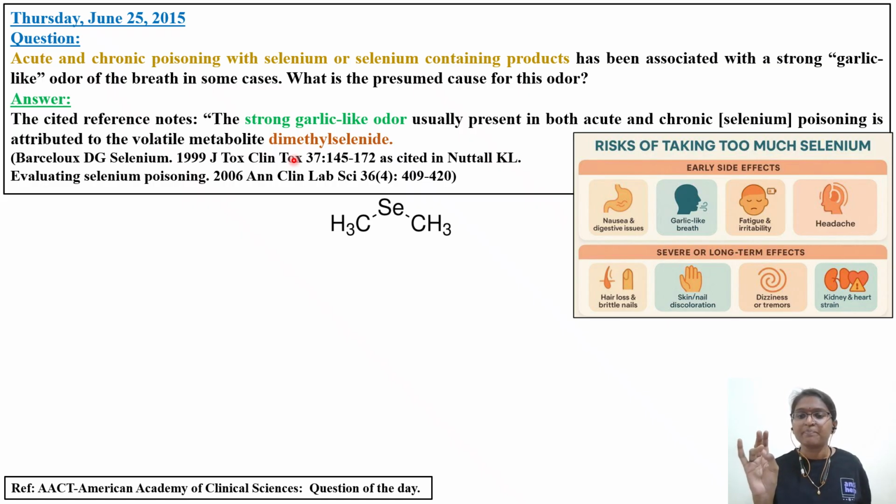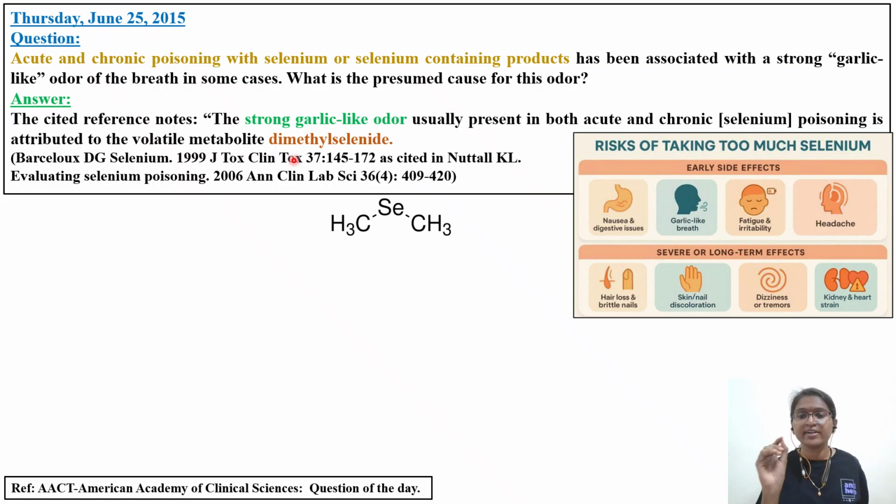bioconcentration. Okay, these are the things. For example, in the case of methyl mercury, organic mercury, when it goes through the food chain, it undergoes biomagnification or bioamplification. There are two more metals, I think arsine as well as selenide. So in the case of dimethyl selenide also, it falls under biomagnification, bioconcentration only.